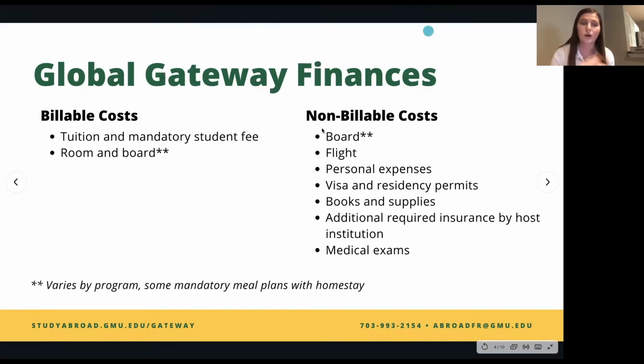So why we have asterisks there is that board really is a meal plan, and some destinations have meal plans that have host families, and then other destinations do not offer a meal plan. So if they don't offer it, we don't charge you for it, which is why it's over in our non-billable cost area. So we want to prepare our students for those destinations that don't have a meal plan. They do have apartments, so you can make your own food, but you want to be mindful of budgeting that